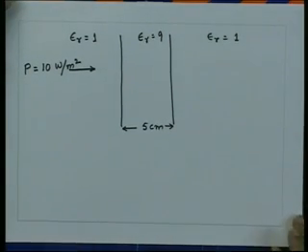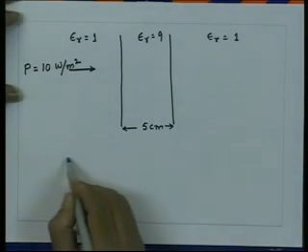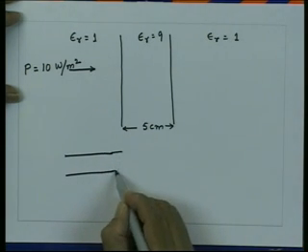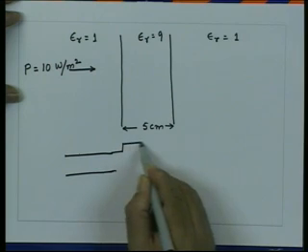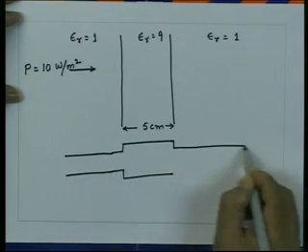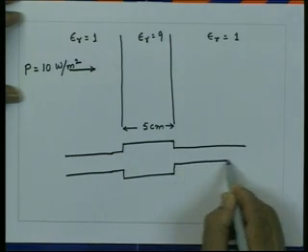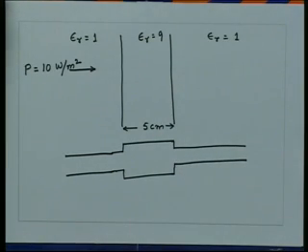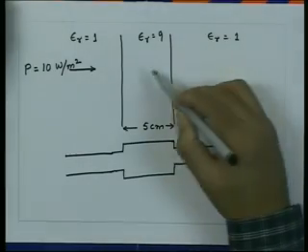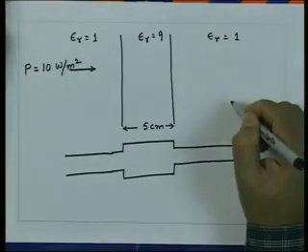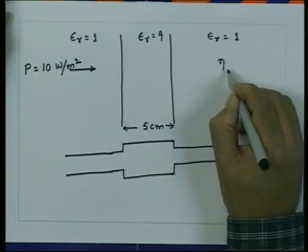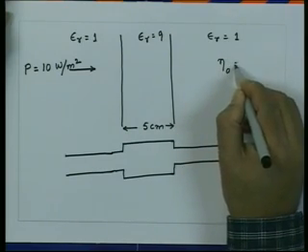So, one of the ways to solve this problem is by analogy with the transmission line, which says this is equivalent to a transmission line. Then there is another transmission line here, and then the same transmission line again which continues up to infinity. Now, the characteristic impedances of these lines would be the intrinsic impedances of these media. So, here we have the intrinsic impedance which will be eta, which will be same as eta 0, which is equal to